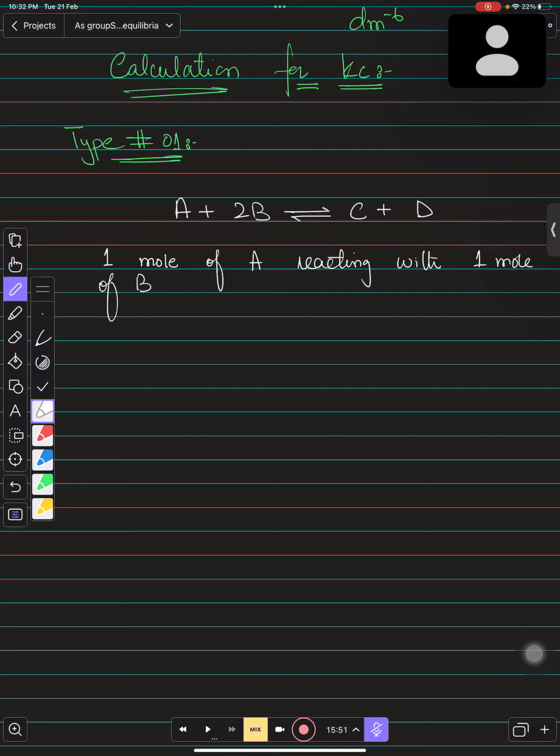And you can say that in 1 decimeter cube of water, वहां पर हमारे पास वॉल्यूम भी मौजूद है, ठीक है ना। And once the equilibrium is achieved, right, you will have 0.6 moles of A present over there. Once equilibrium has been achieved, equilibrium achieve होने के